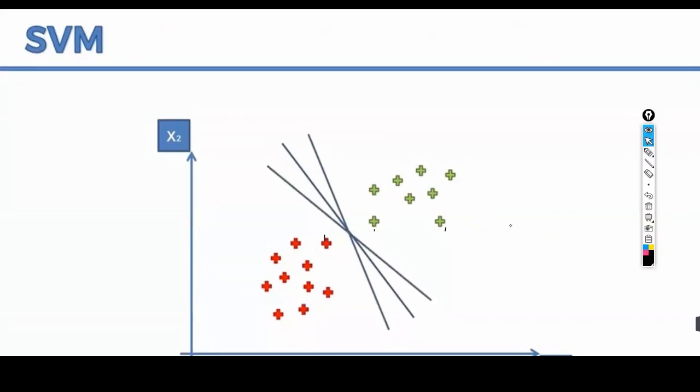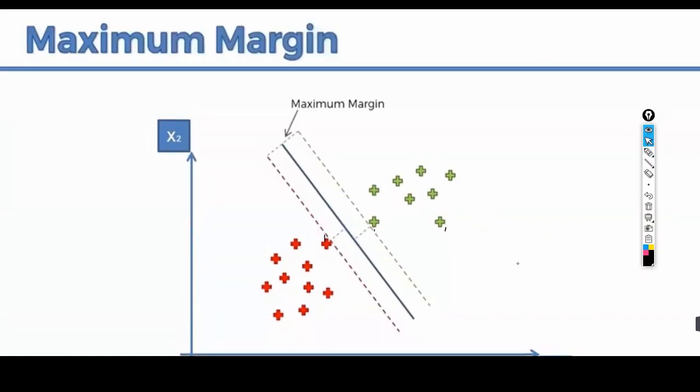Like this, out of an infinite number of lines, which line is the best one? The one having the maximum margin, the line which has the maximum distance on both sides. That is called the support vector. Okay, this is called as